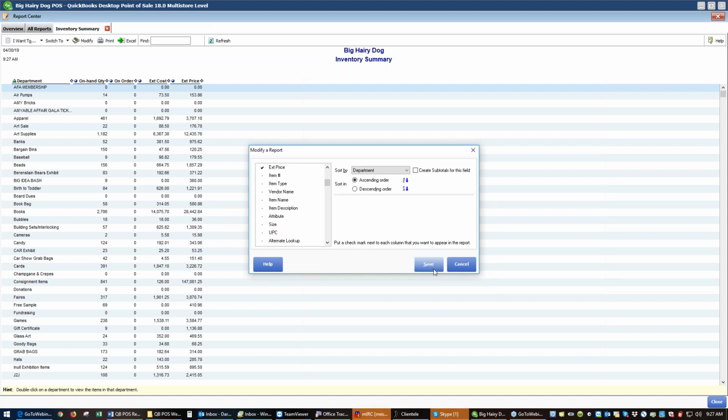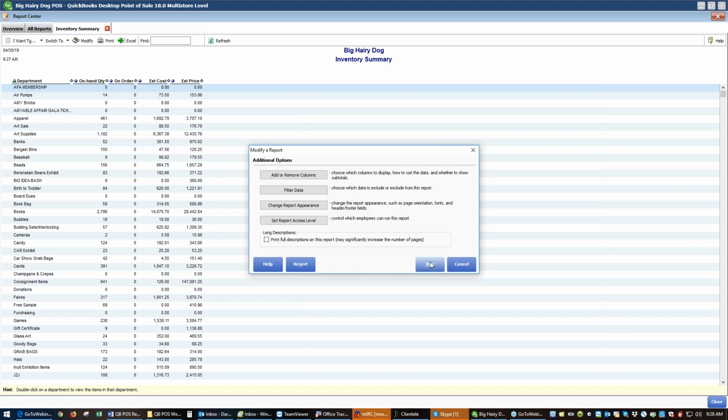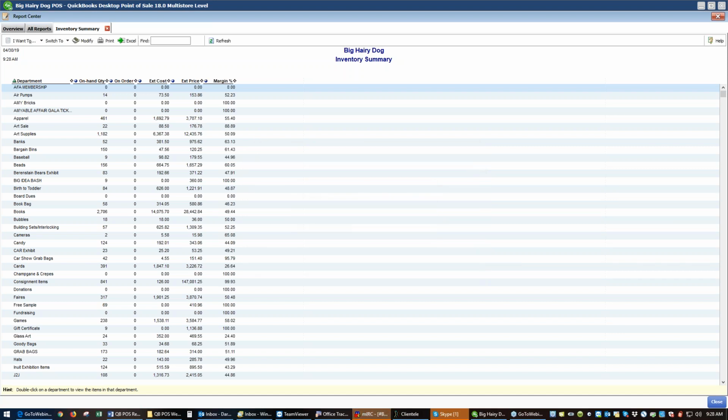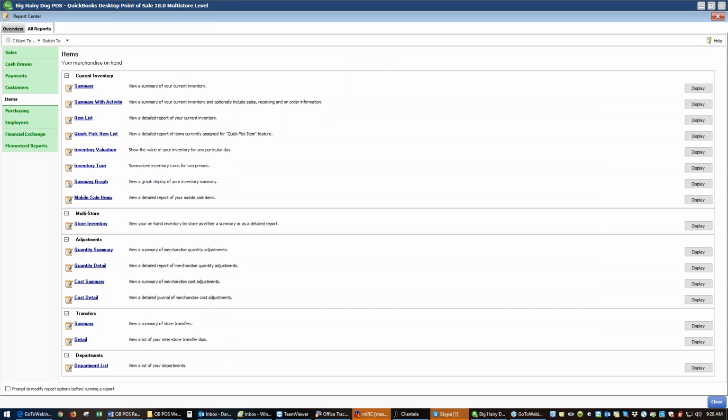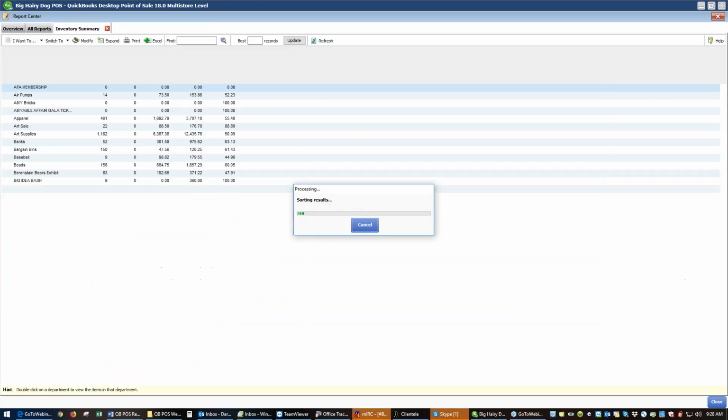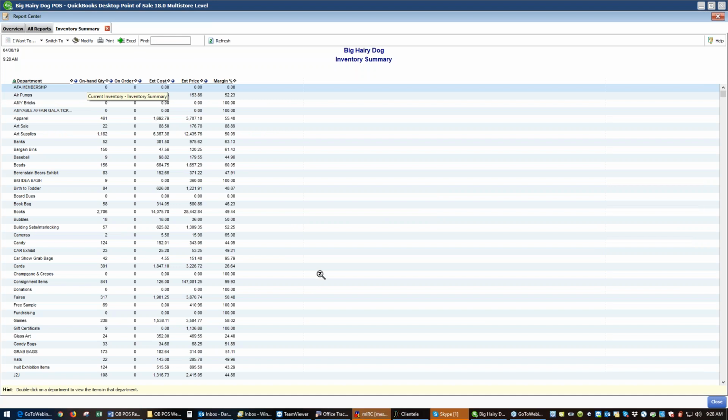Whenever you modify a report, you'll notice that the option down here is Save. What that means is that if I modify this report and I close out, next time I look at it, I am going to get the same result. If I add margin percentage here, and I save this report and I run it, it will add my margin percentage for these sales. If I close that report and run my inventory summary again, it's still going to have the margin on there,